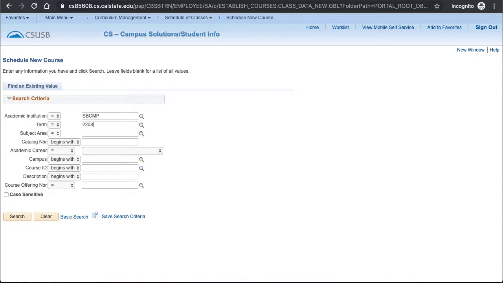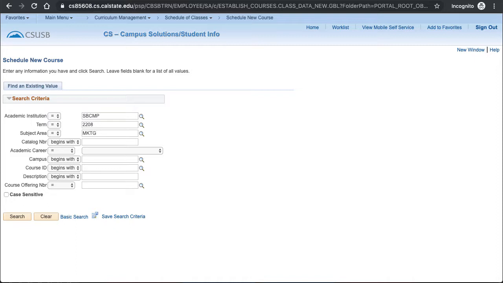Next is the subject area, which is typically your department. Most of the time, you will not need to enter something in here because permissions are tied to academic org. However, some areas, like world languages and literatures, will have multiple academic orgs. So in that case, to enter a French class, you would need to input FREN or SPAN for a Spanish class. This video will use marketing. Since this profile has access to many academic orgs, I need to enter MKTG in the subject area.